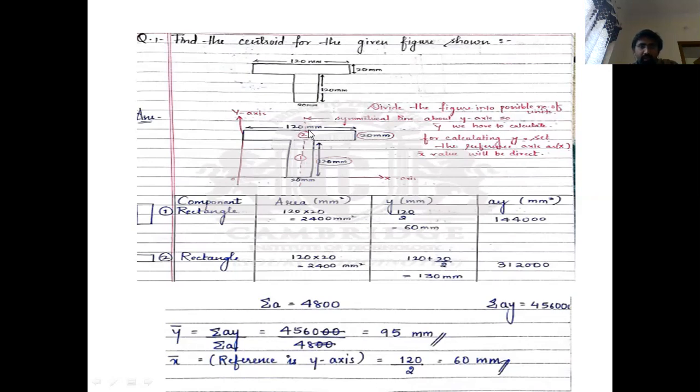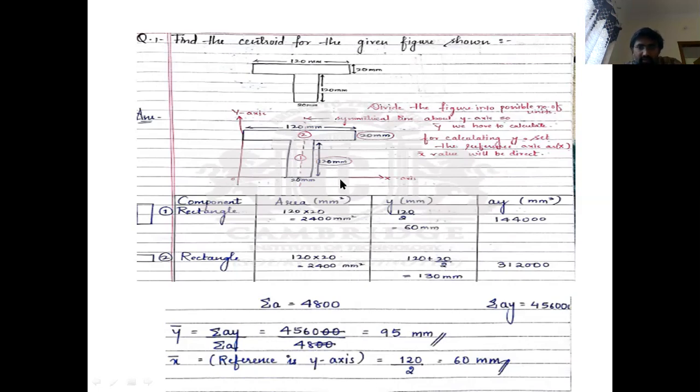Here I can divide this into two rectangles, the first part and the second part. After that, you are supposed to check the symmetrical axis. Is there any possibility of a symmetrical axis? If you are able to find the symmetrical axis, in that condition, half of your work is done. I am getting one symmetrical axis here, so I can divide into two equal parts. The exact replica of this side coincides with the other side. So I can easily determine the X bar distance with reference to the vertical axis. The next case is where I cannot get the symmetrical axis.